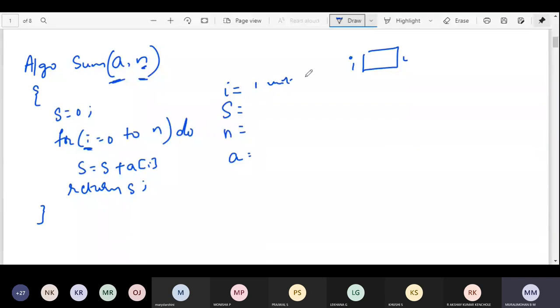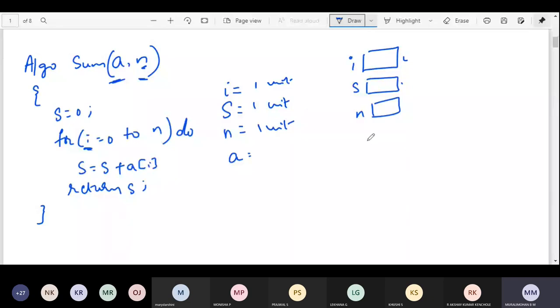If it is an integer, it is taking 4 bytes. Similarly, S again takes one memory location. Each time the same memory location will be updated. So here also it is taking 1 unit of space. Similarly n: initially you are reading how many elements are there, so it is also taking 1 unit.